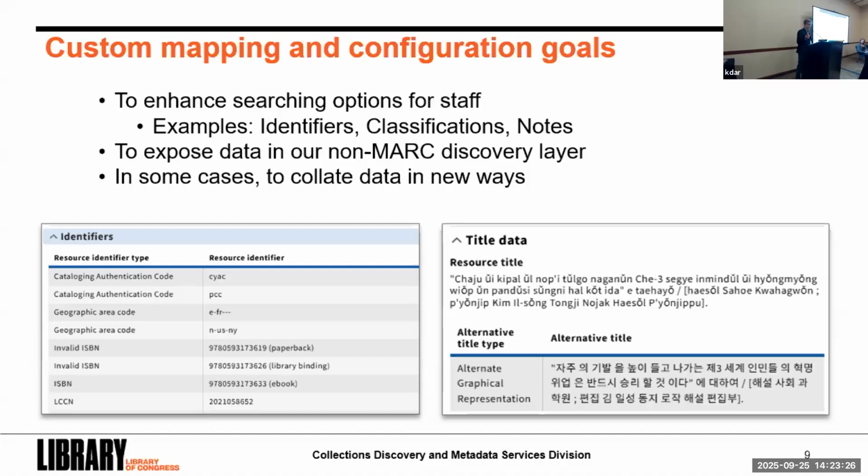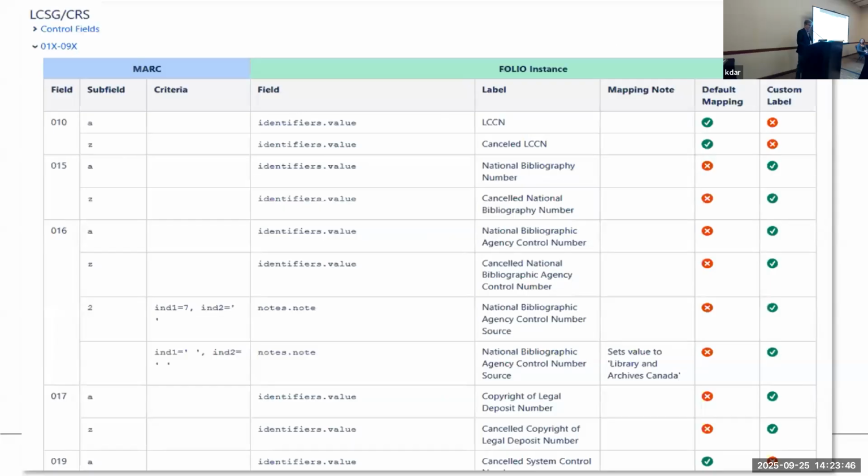So we were like, well, let's create a new title type, so we can explicitly declare that this other title here in Chinese is the equivalent of the primary one, allowing other systems, including Locate, to pick up on that in a way that it can't just pick up on any variant alternative title. So we did quite a lot of work on this, and again, we'll share out this documentation,